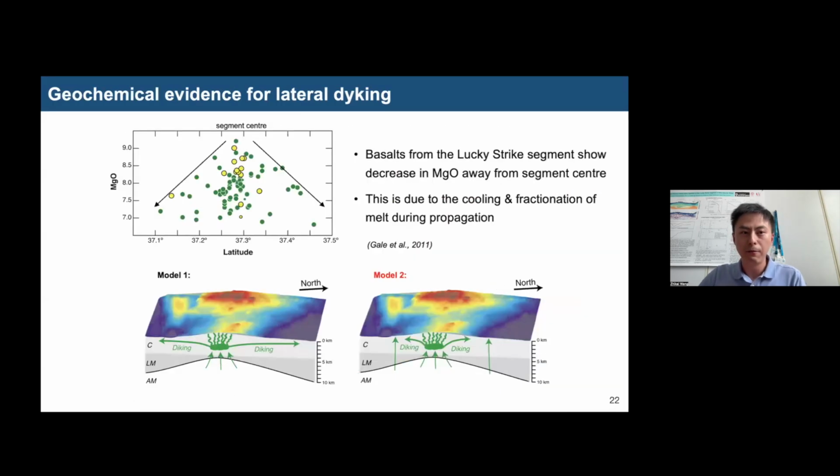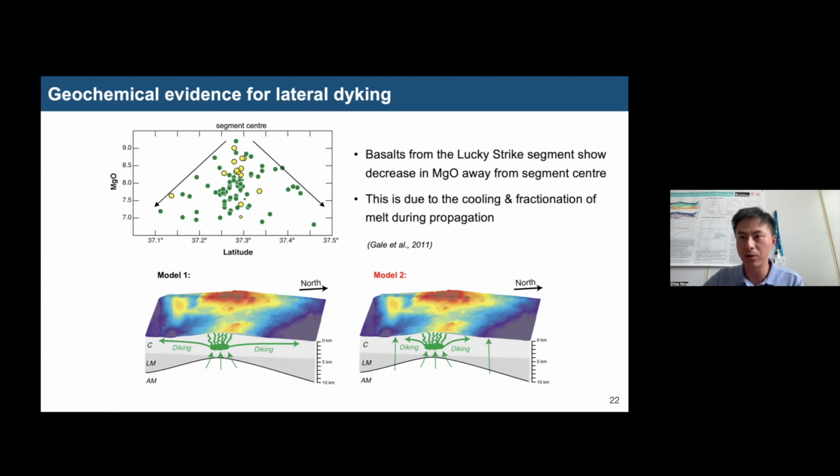We don't have other geophysical observations to support our interpretation for this ridge segment, but we have some geochemical evidence. In this study, they studied the basalts dredged or collected from the Lucky Strike axial valley, and they found the basalts show a systematic decrease in magnesium oxide away from the segment center. Here is the segment center, and this is toward the segment ends. And they interpret this as due to the cooling and